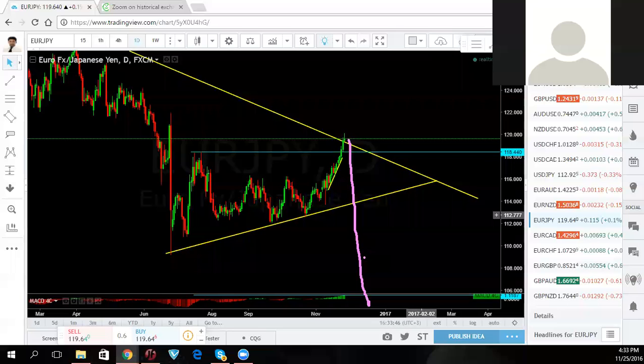You don't try to fool yourself into thinking, oh, well, I read this article and it says that the Japanese are going to do this, so maybe the yen is going to go up, euro yen is going to go up. No, you don't have a clue. It doesn't matter what they say. That's just one part of a bigger effect that could affect the euro yen. That is the euro as well. You have to study everything in the Eurozone. And then the dollar has an effect on it as well.